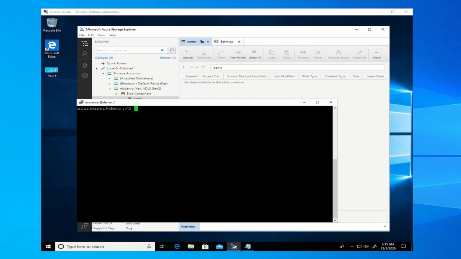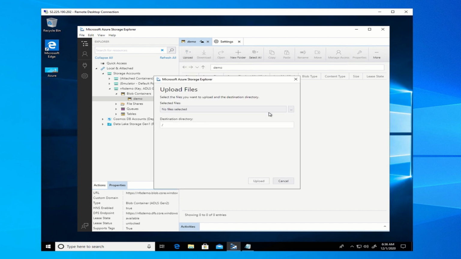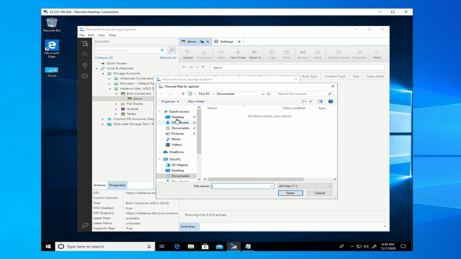Now that I have these 2 VMs, I can access my NFS export within those VMs. So here's my first one, which is my Linux VM. And so I've SSH'd in, and so now I do a mount command to mount nfsdemo.blob.core.windows.net to my Linux VM. I can now go directly into that directory and I see that there's nothing there. So now I'm going to go to my Windows VM showing the concurrent protocol access, and I'm going to use the Azure Storage Explorer tool, which I've already authenticated to my storage account, and I'm going to pick a local file to upload.